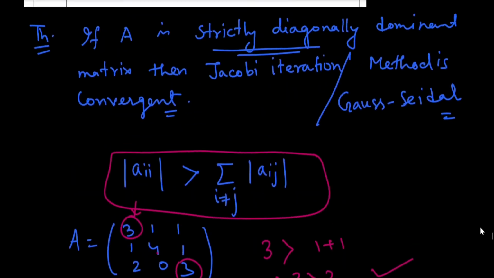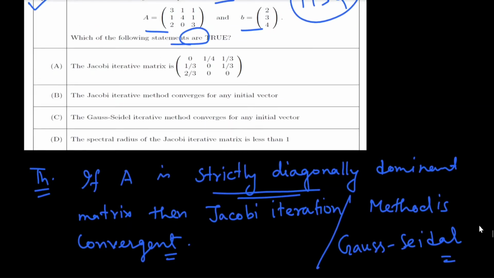Therefore the iterative methods, both the Jacobi iterative method and the Gauss-Seidel method, converge for any initial vector. This is basically a theorem. Now there is also one theorem which is